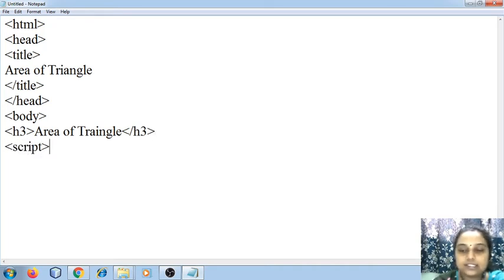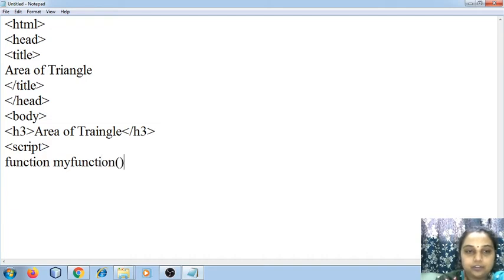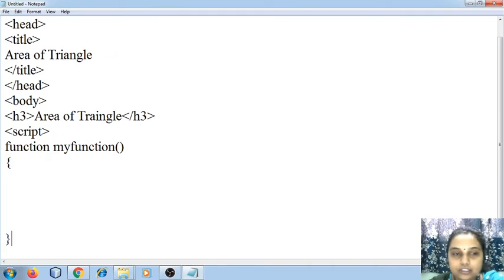So script. I'm going to give a name to my function, myFunction. This is my function name, and now I'm going to start with the function. A function is nothing but a block of code which is going to perform some particular task.